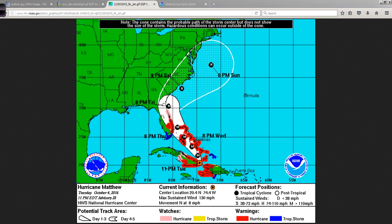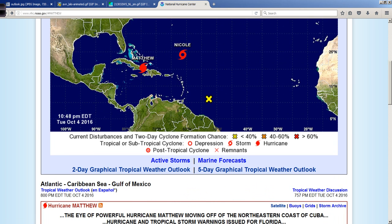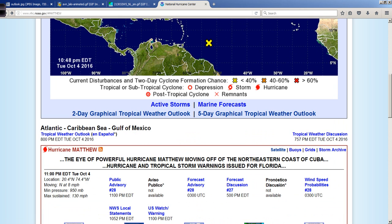I understand that the Gulfstream 4, the G4 jet, flew out in this region. I don't know specifically where off the top of my head. Could probably find it on Twitter if I really needed to, but the bottom line is the NOAA Gulfstream 4 jet sampling the environment around Matthew to give the global models more input, and that information should go into the 0Z runs, and we'll start to see that come out in the next hour or so, first with the Global Forecast System, the GFS, and then later on with the European Center for Medium Range Weather Forecasting, the ECMWF,